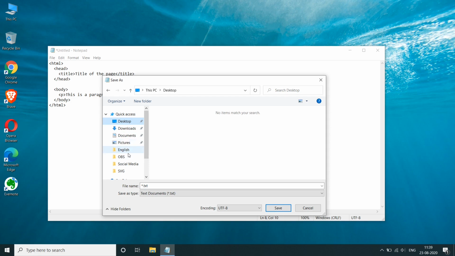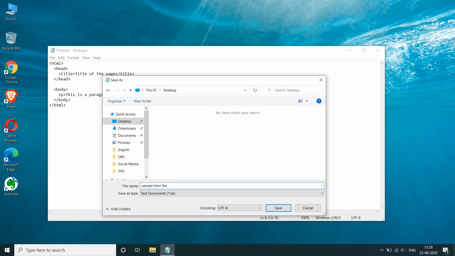Typically what happens is whenever I've taught HTML to kids, they usually just click on save wherever and they don't remember where they saved it. And then they have trouble finding that file the next time they want to open it. So it's very important that you remember where you saved it. So now I've chosen the desktop. It's going to appear here and I'm going to name the file.